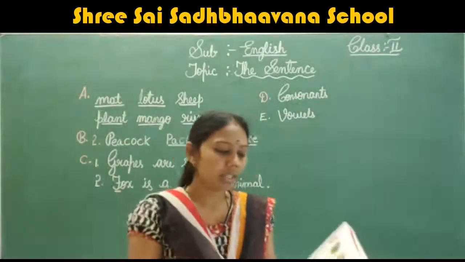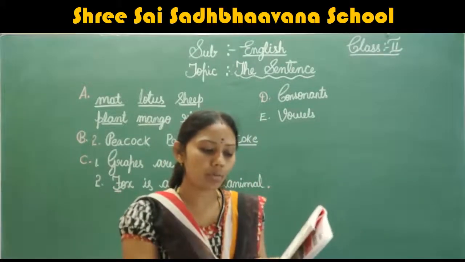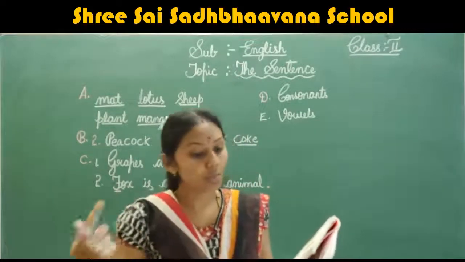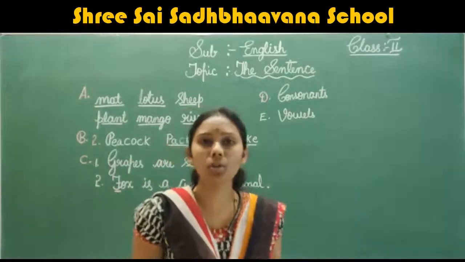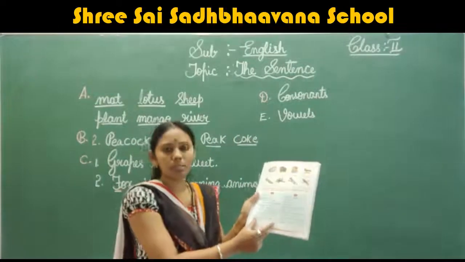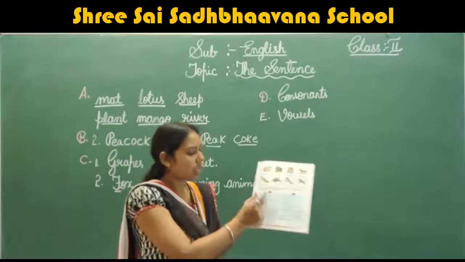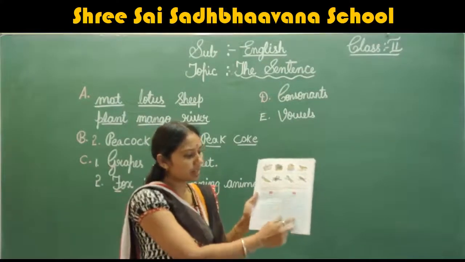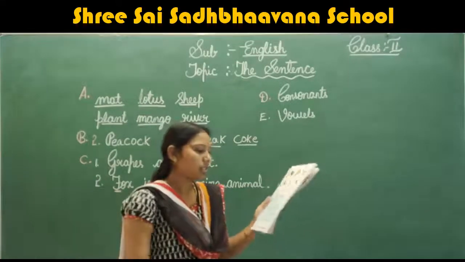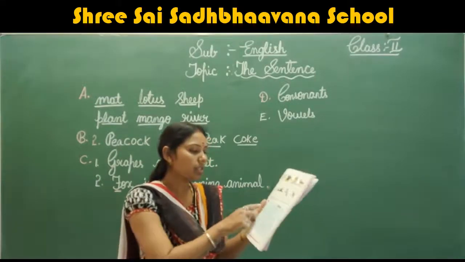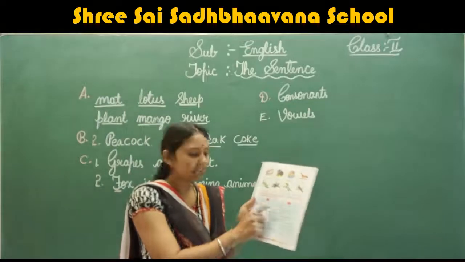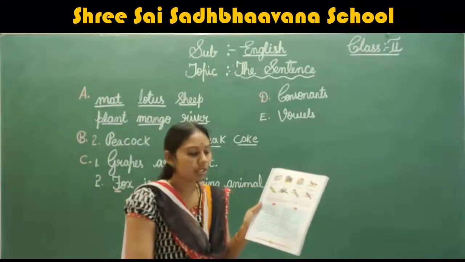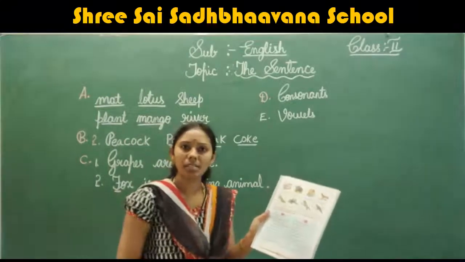Okay, got, children? Here, rearrange the jumbled group of words in column A to match with the correct sentences in column B. Here, like a matching the following. Match the following they have given. Is she sleeping? Here also they have given. Is she sleeping? Sorry, is she playing? She is playing. You have to rearrange the words.